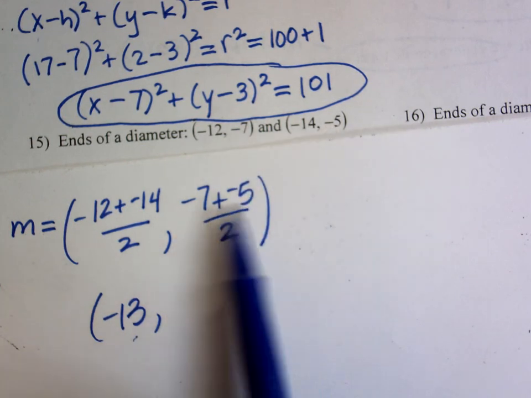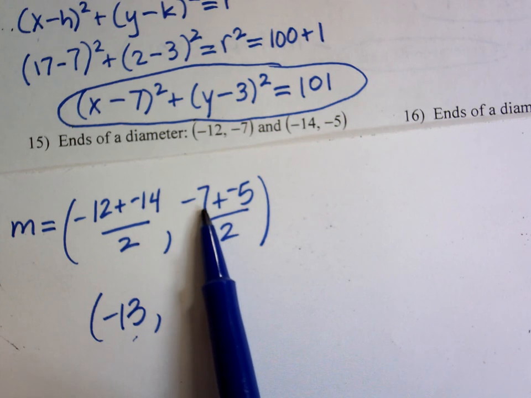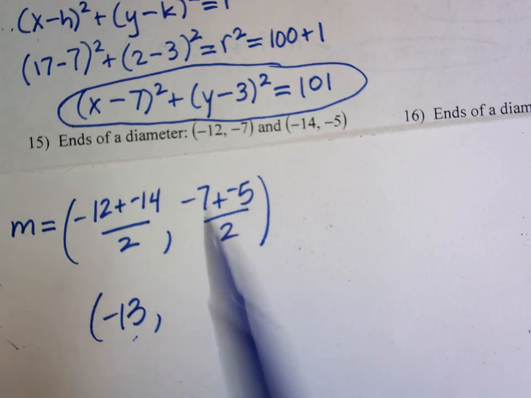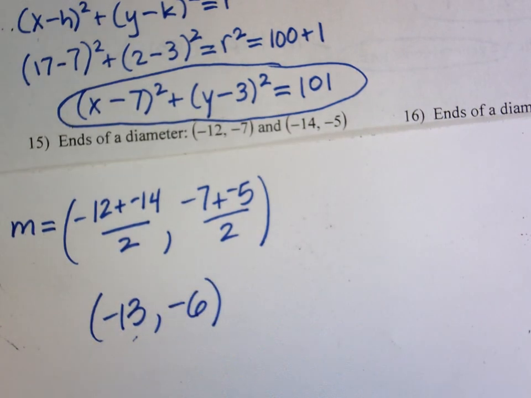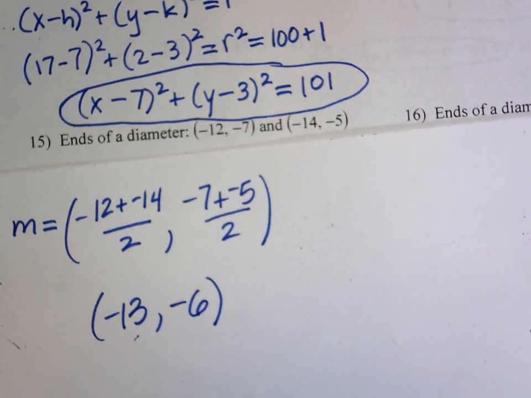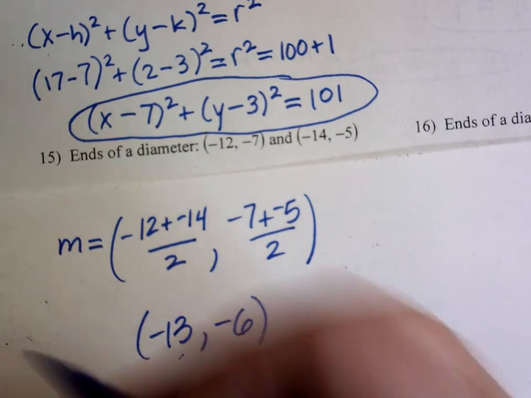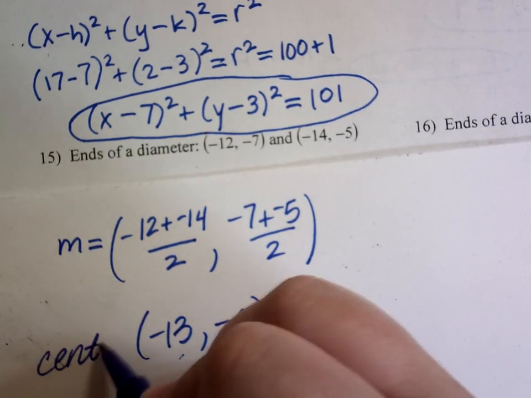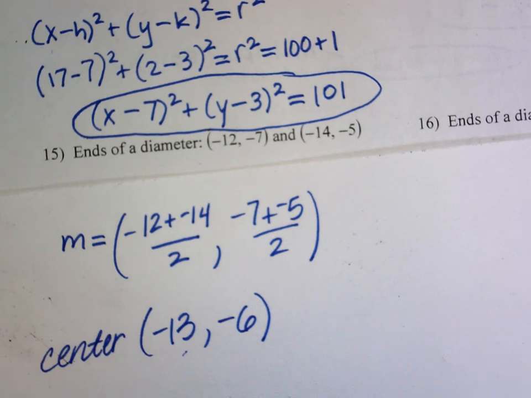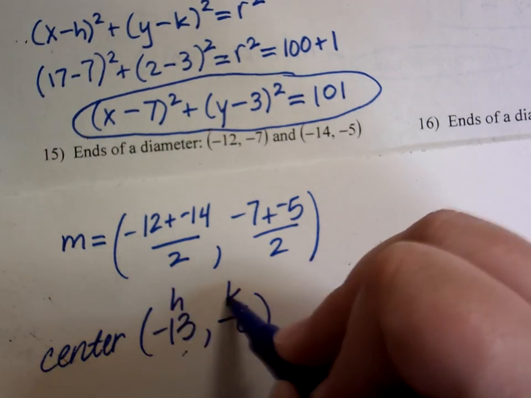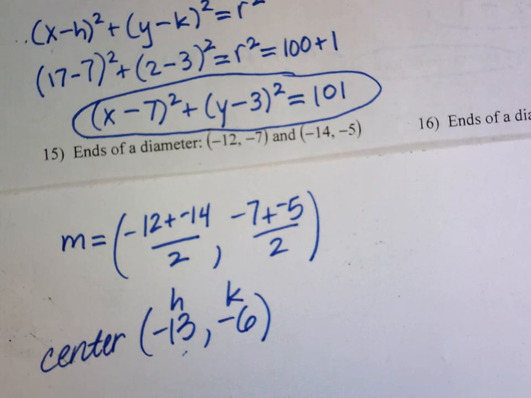Let's see if that's what this gives me. Negative 7 plus negative 5 is negative 12. Divide by 2, you get negative 6. There's my midpoint. That midpoint, remember, is the center of the circle. So now I have the exact same information I had in 13. I have the center, which is HK, and I have a point on the circle. I don't actually have one point on the circle, I have 2 points on the circle. I can use